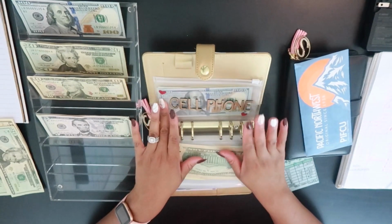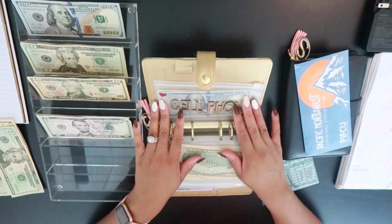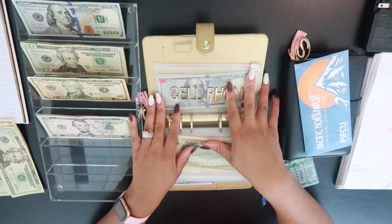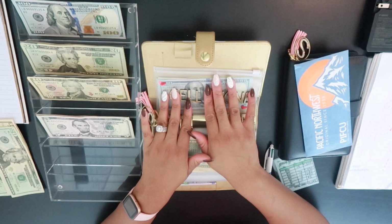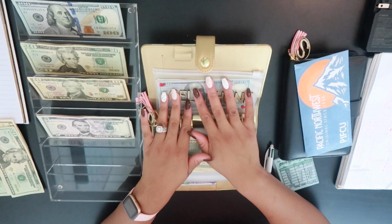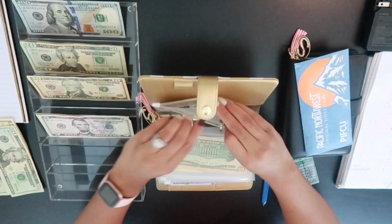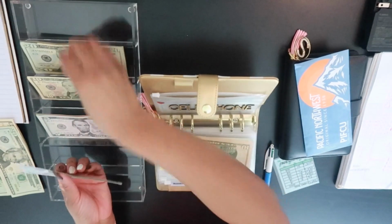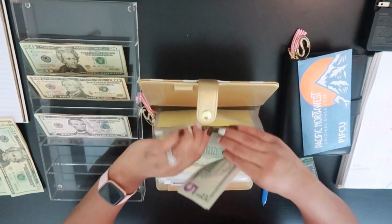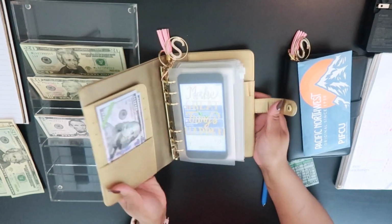And then we have cell phone. So my cell phone is going to be getting stuffed with $125. And my cell phone bill is actually due next month. So this balance should be at $500 or a little bit over $500. And I'm going to take that $500 and pay up my phone bill for an entire year. That will cover me for a year. So we're going to go ahead and get 100, 20, and 5. So 125 total for my cell phone bill. And so that is everything that we have